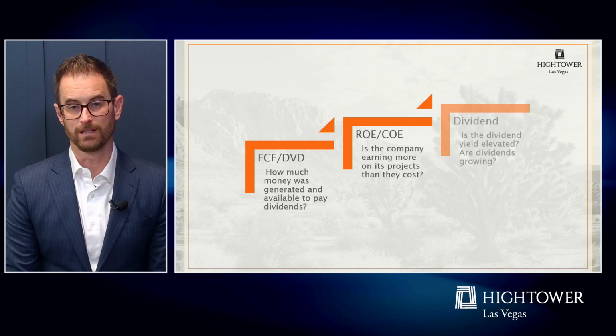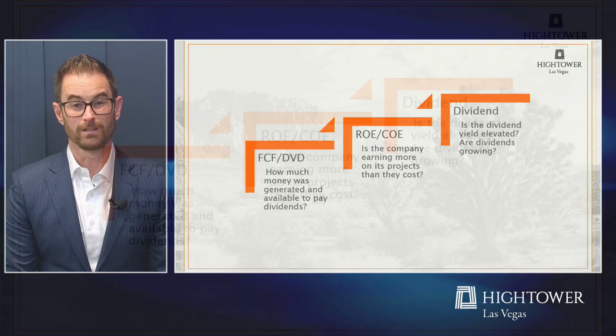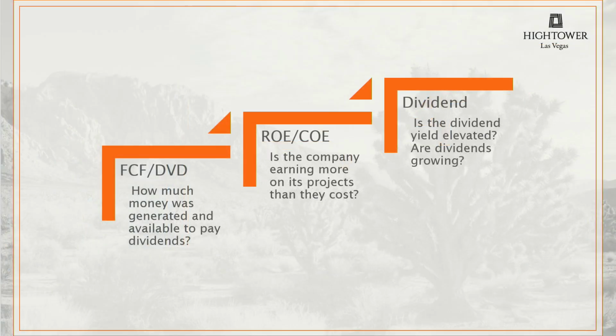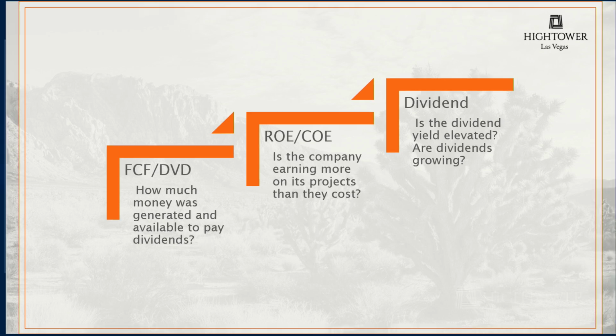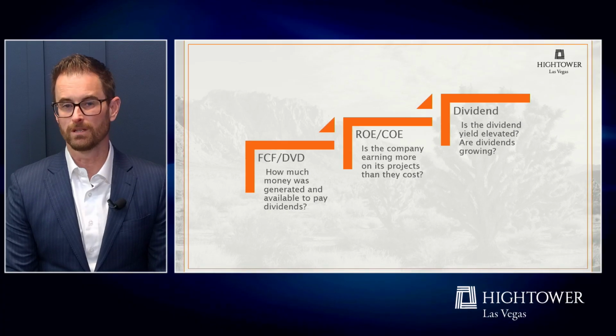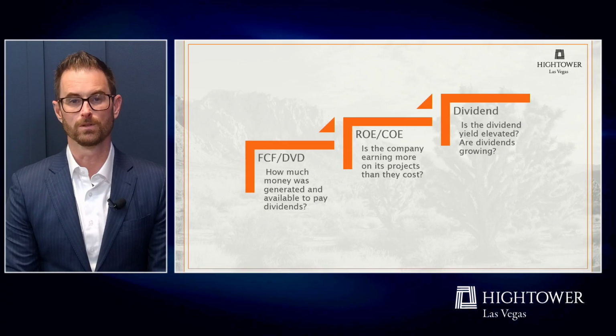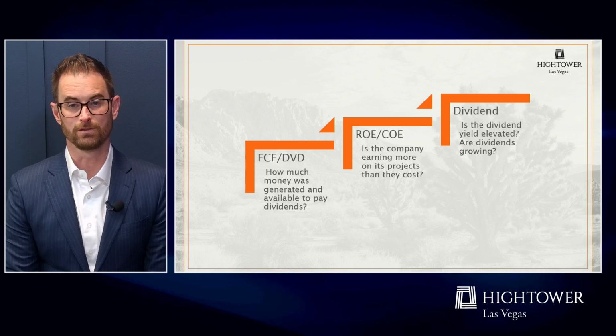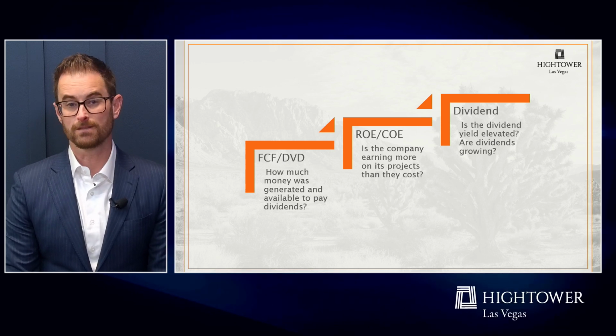And then finally, dividends. We want to focus on high quality companies that are producing sustainable dividend streams, of course, but the yields also have to be high enough. Or they need to be aggressive dividend growers, because sometimes those companies can add a lot of value to the strategy. So if a company passes on all 3 of these metrics, then we take them to the next stage,